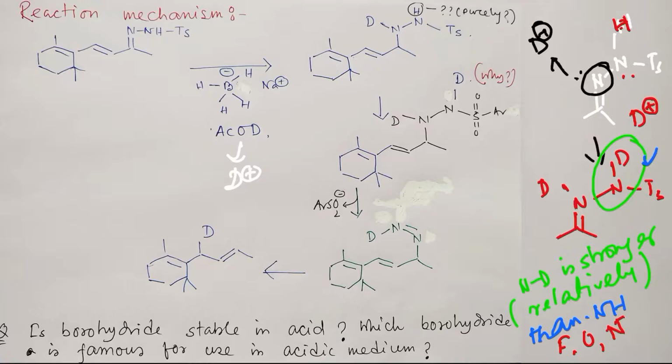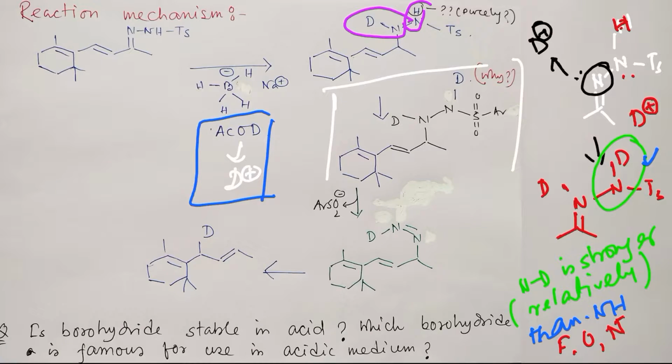Okay, so the main thing we have learned from this is that the N-D bond is stronger, so after formation of the N-D bond it will not prefer to revert back. Generally such reagents, means acetic acid, are taken in excess. So we can think that in the medium there is an excess of D plus. Okay, fine. So what will be the consequence? First of all, there is an exchange of deuterium here, and after that this NH will also be replaced. So ultimately this reaction will produce this product, fine.